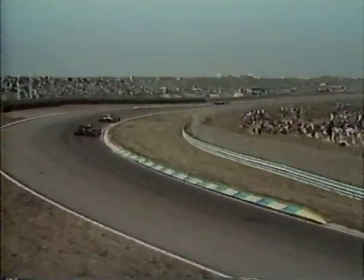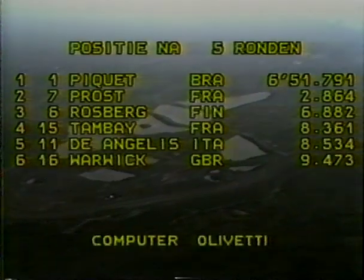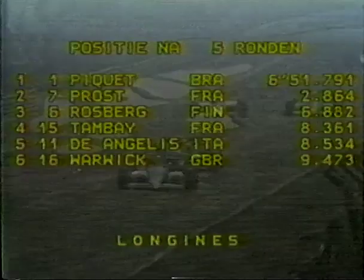Here's this third place battle at Zandvoort with Rosberg, Tambay, De Angelis, Warwick, and Niki Lauda is already on Derek Warwick's tail. There are the positions at the end of 5 laps, with 2.8 seconds already between Piquet and Prost. And there is Niki Lauda moving up another place. Niki Lauda has taken 6th place now from Derek Warwick, so Niki Lauda already in the championship points, and this